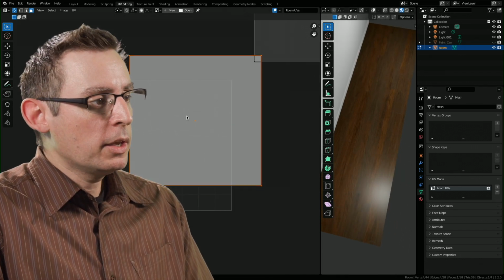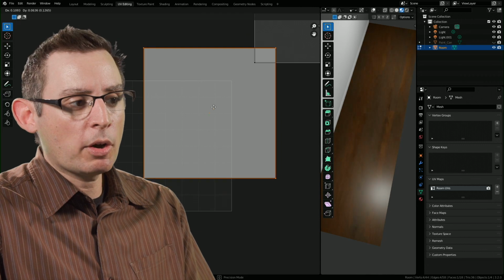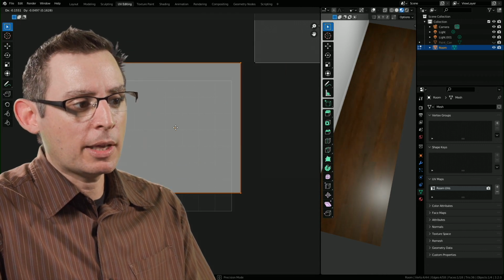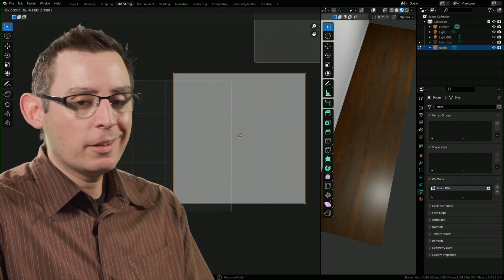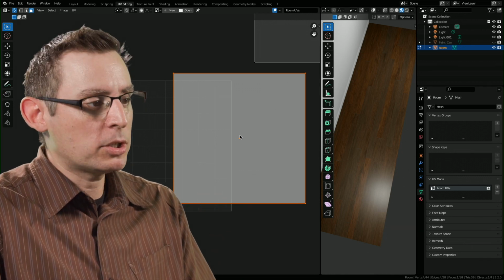But it makes it a little bit easier for us to see exactly how our UVs are showing up on the model. So if we grab our UVs just with the grab tool, you can see its effect inside the 3D viewport, which is pretty cool. You're probably thinking, Pat, rock and roll, mission accomplished.